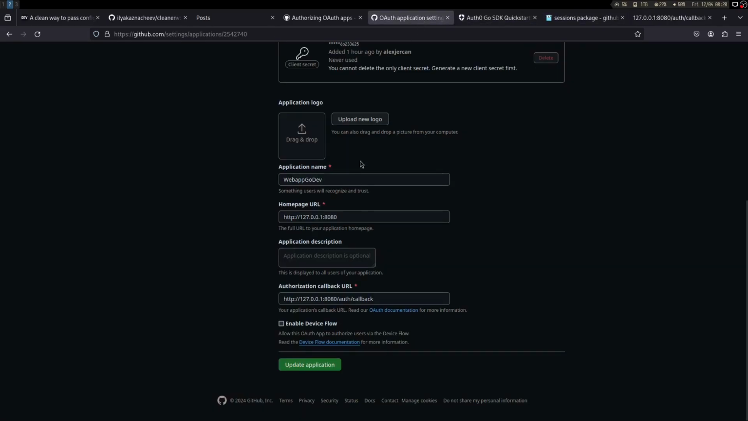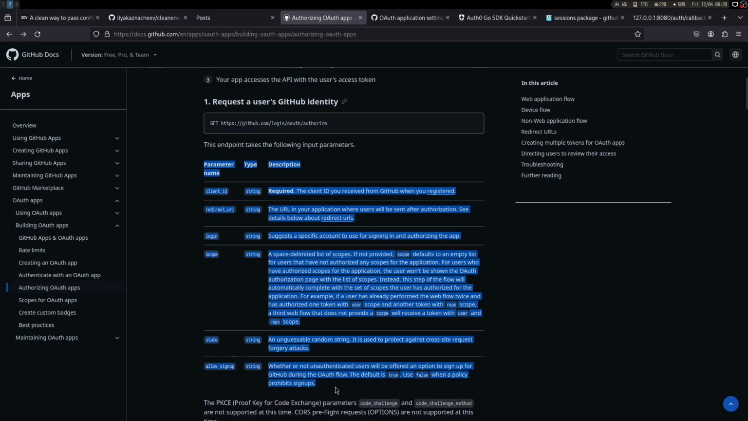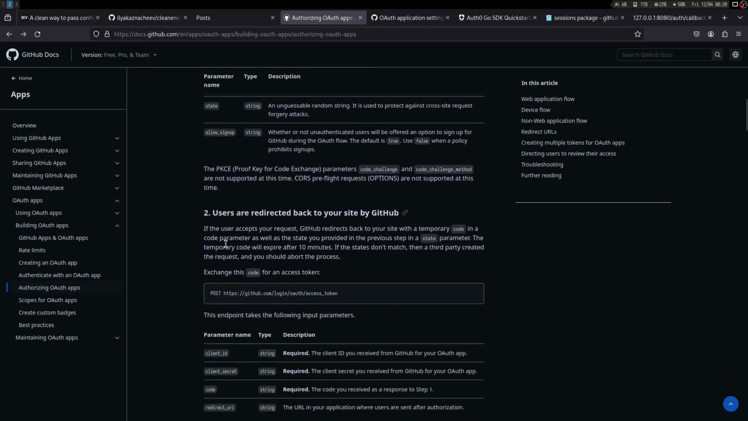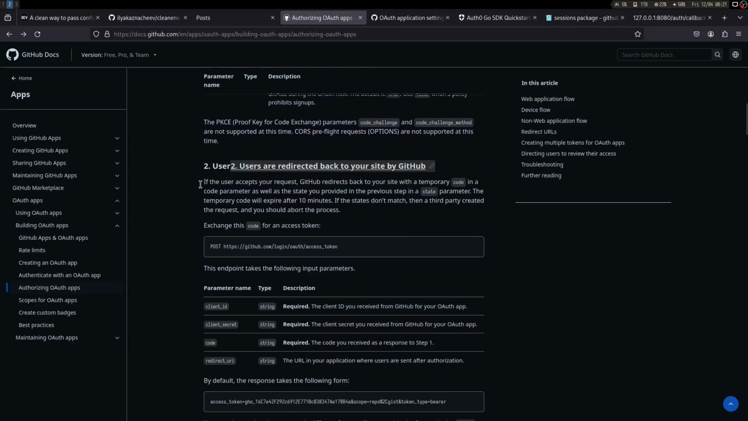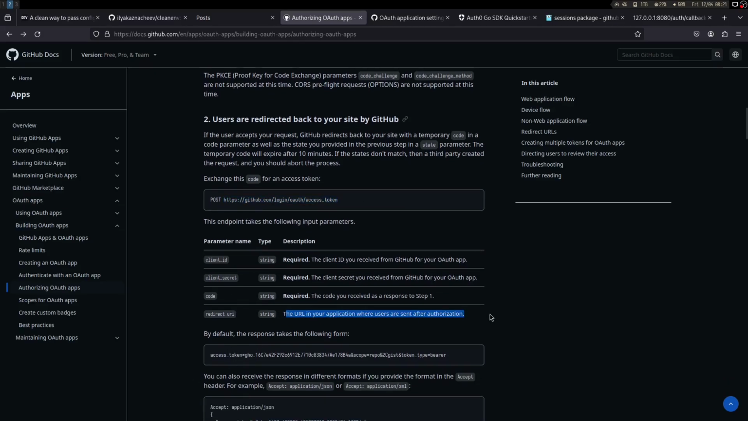Okay, let's see what would be next on the list. So we did the first step, pretty nice. Then we go back to our thing, and we need to exchange the code for the access token. So we need to post to this endpoint, and we need to set client ID, client secret, code, and redirect URI. So this is where we go to